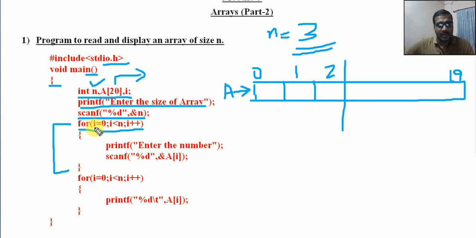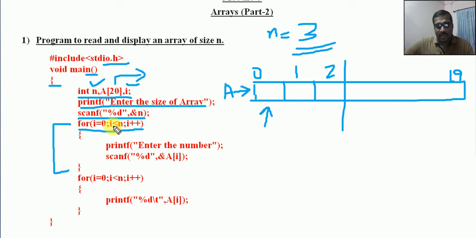For i equal to 0, so here you can see one i variable being declared, that is for iteration. For i is equal to 0. Why are we starting the iteration with 0? Because we know that the array index starts with 0. So automatically, first of all, I need to process the 0th location of an array. So that is why we are starting the iteration with 0.